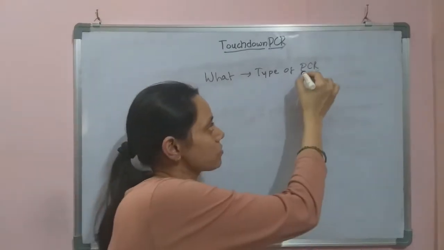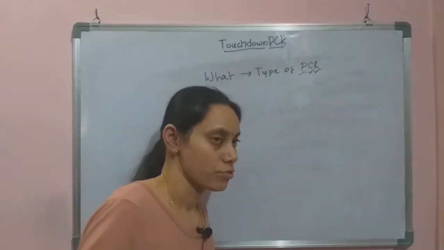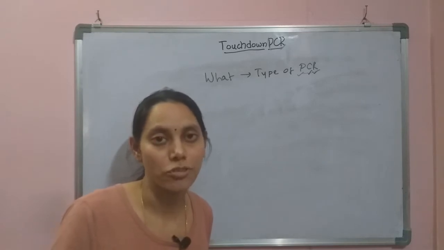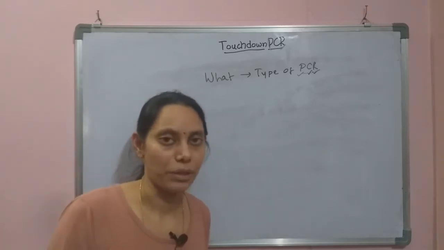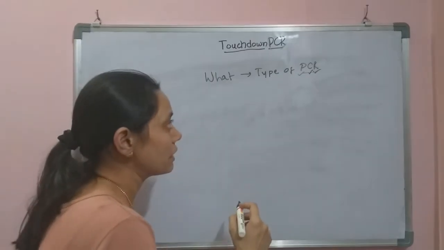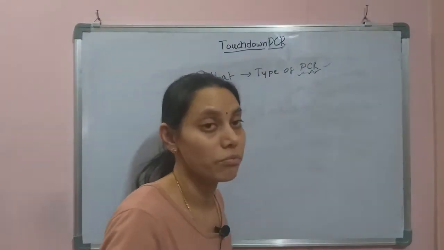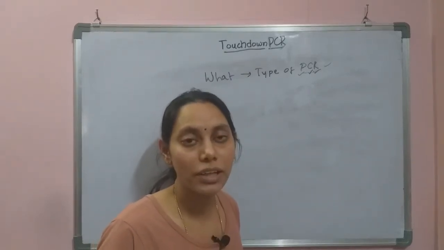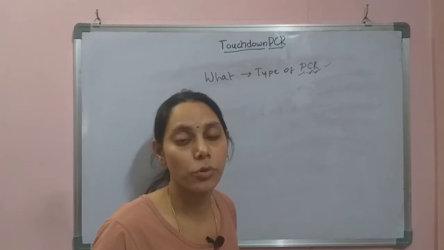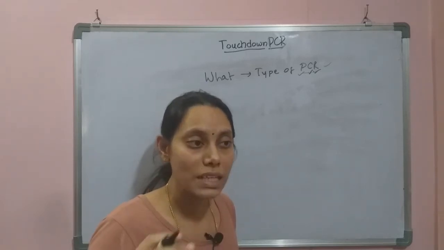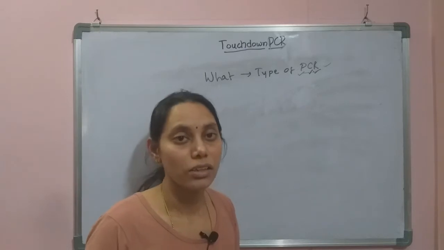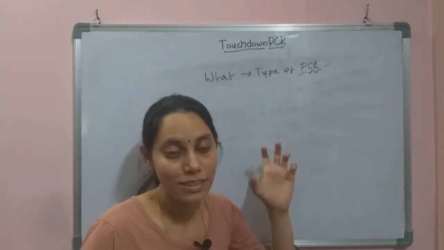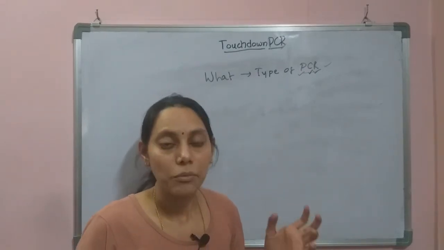PCR stands for polymerase chain reaction. That means it is the artificial process of amplifying a certain portion of the DNA in a biological sample. This PCR is employed in many molecular biology and genetic engineering experiments whenever we want to amplify the DNA, identify a certain portion of DNA, or selectively isolate a certain portion of the DNA. It is a regular process in many laboratories.